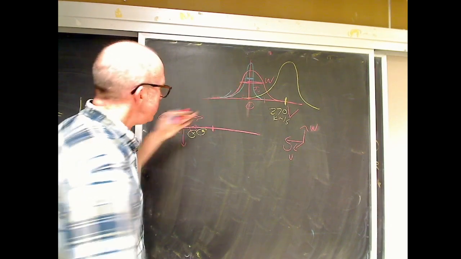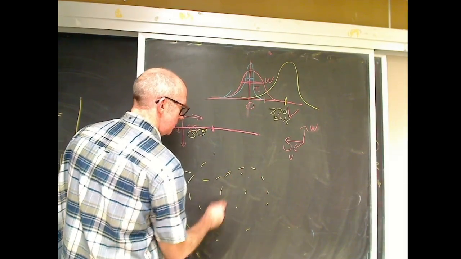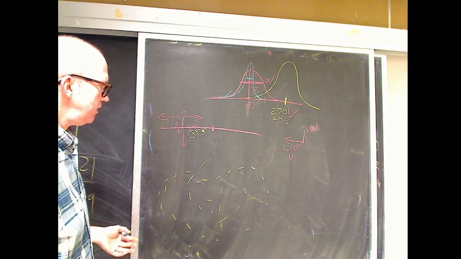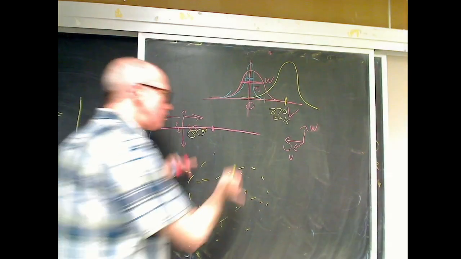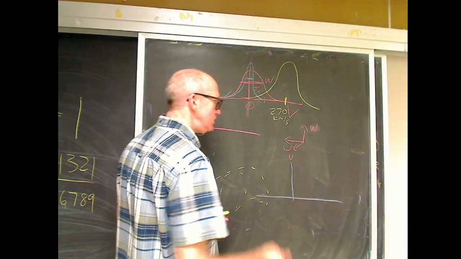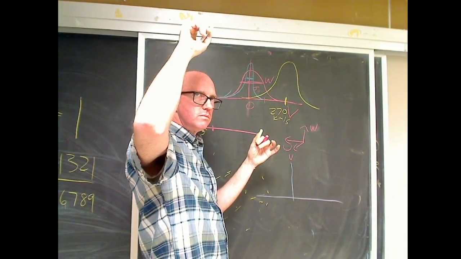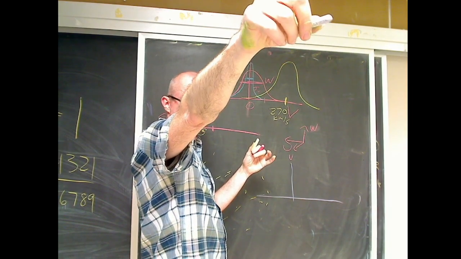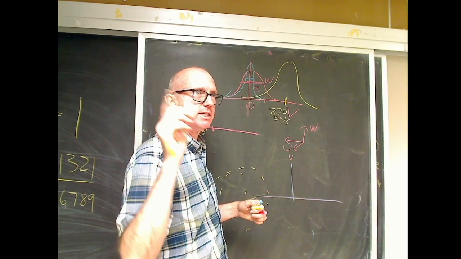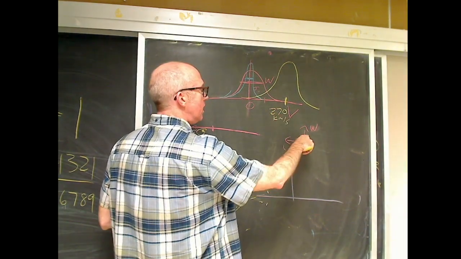So this is what the random crap is doing. So I look up in the sky and I see all these stars, and I measure all their velocity. I take each one of these stars and make a measurement of what the velocity is doing. So now the purple is my measurement. Now I've got to sort out radial this way versus radial in the plane of the galaxy, but that's okay. It's just a little bit of geometry, and I'm going to go through some of that geometry in an unsatisfying way in a minute. When I make this measurement, say I measure the W component, which is the up and down component,